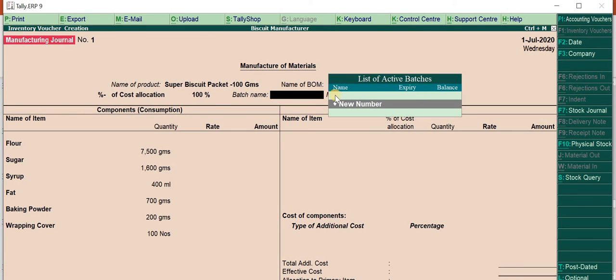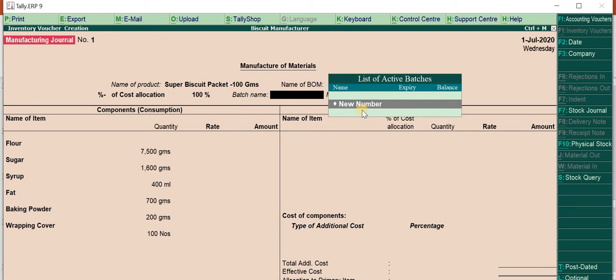Okay. Now it is asking for a batch number. And at the same time, automatically, if you see, the quantities have been pre-filled basis your requirement. So because this is just to understand, we have not purchased anything and I've just created it right away. So they might show negative balance. So ignore that, because we just want to understand how the batch and the manufacturing work.